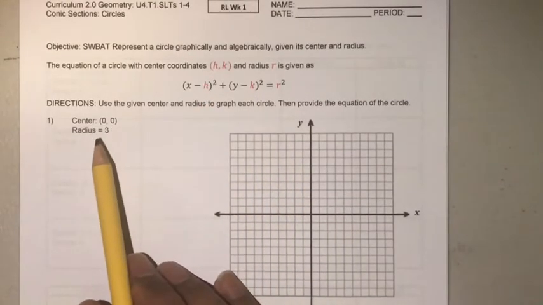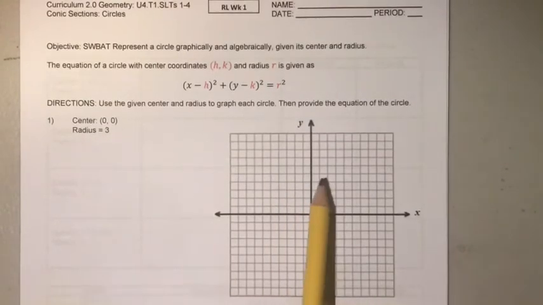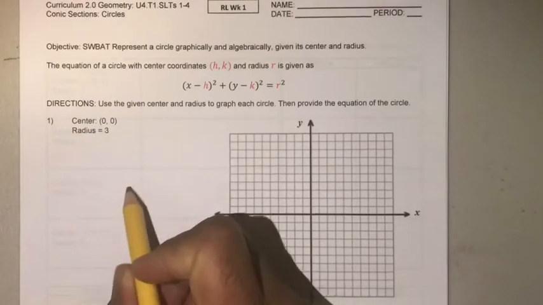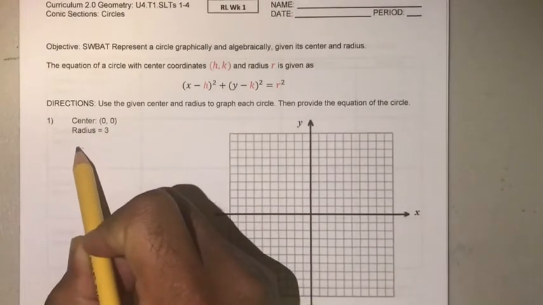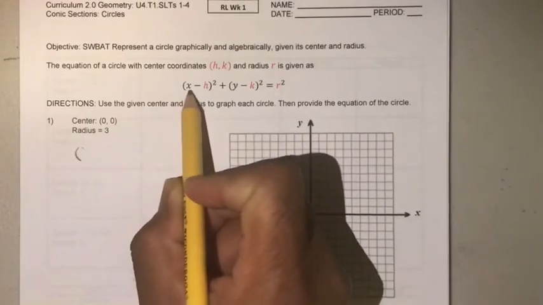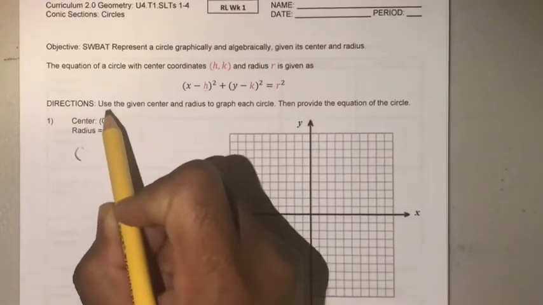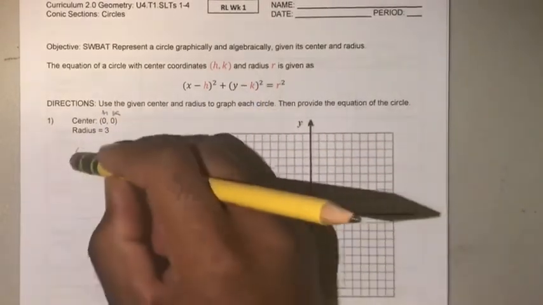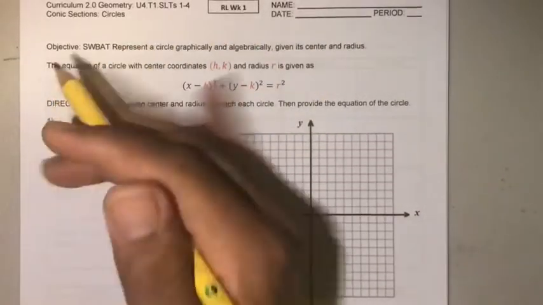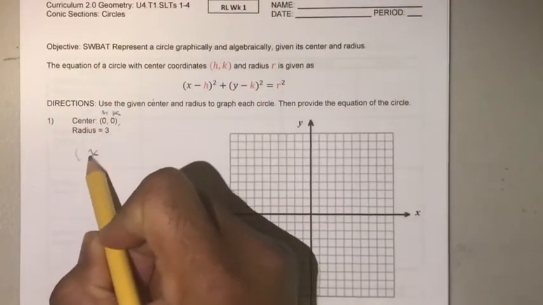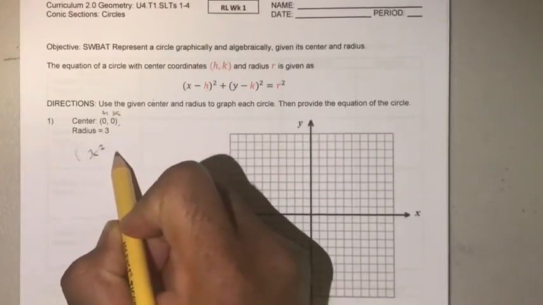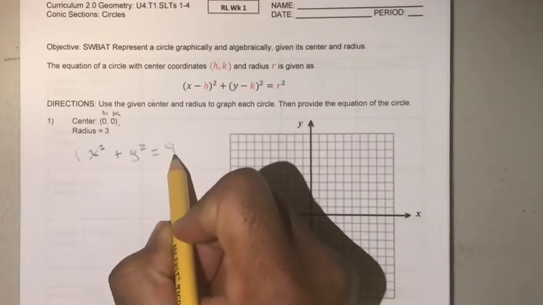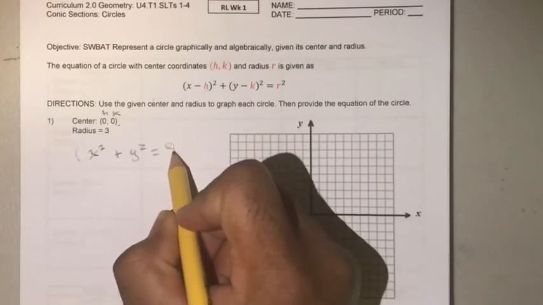We're given the center and the radius, and we're asked to both represent the circle graphically, but also algebraically. Algebraically just means write an equation. So the equation is pretty straightforward. We have the center, x minus h. Well, h here in this case is 0, and k is 0. Well, you might write x minus 0 squared, but your math teacher certainly will not. So simply x squared plus y squared equals, and we take this radius 3 and we square it to make 9. So this is the equation